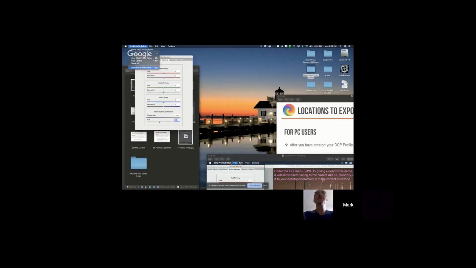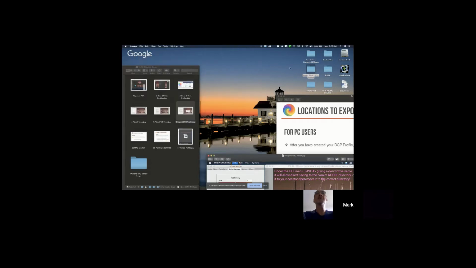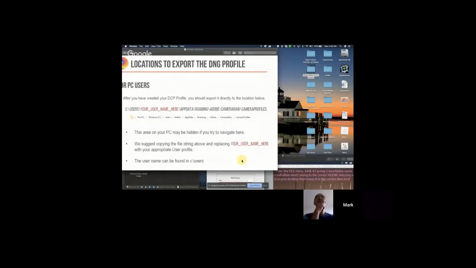Let me close this, we'll have that DCP file on your desktop, if that's where you put it. And then you will have to manually move it to this directory because you're running Windows. So it's C/users/your username. That's your logon name for your computer. And then app data. And once you get to app data, you're probably not going to see any of these files, any of these directories. But up at the top of